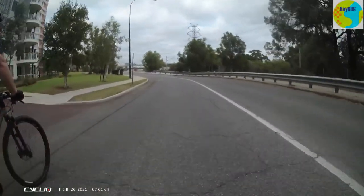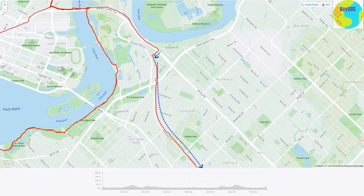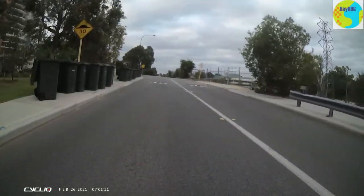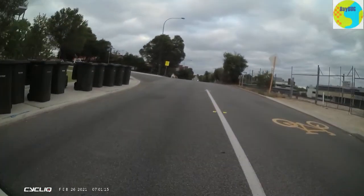And you might have noticed back there, no symbology anywhere, no signage. And this is where we're going. We're just up at the kind of pointy bit of the first arrow there. We've just crossed over Great Eastern Highway, and we're going to take this long trek down along the railway line here, which turned out to be mainly bike path all the way, although the first part was on the road. And quiet road, thank goodness,